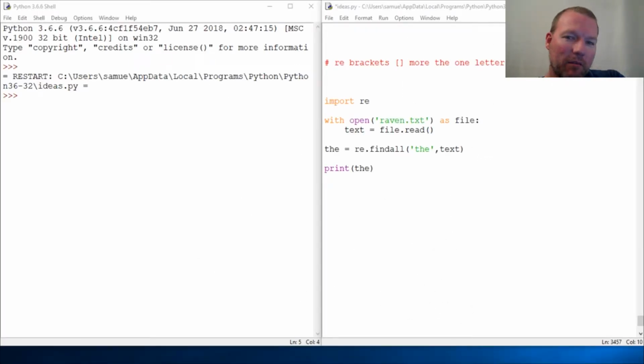Hi everybody, this is Sam with Python Basics, and we're going to look back at the RE, regular expression, regex, however you need to refer to it, whichever one you know it as. And like I told you, we are going to do this in little bitty bits and pieces because this can be extremely overwhelming. So alright, last time we went and pulled down the Raven, and we looked at the occurrences of